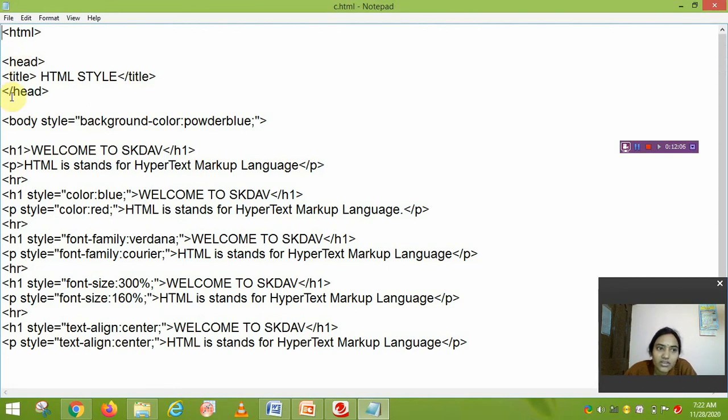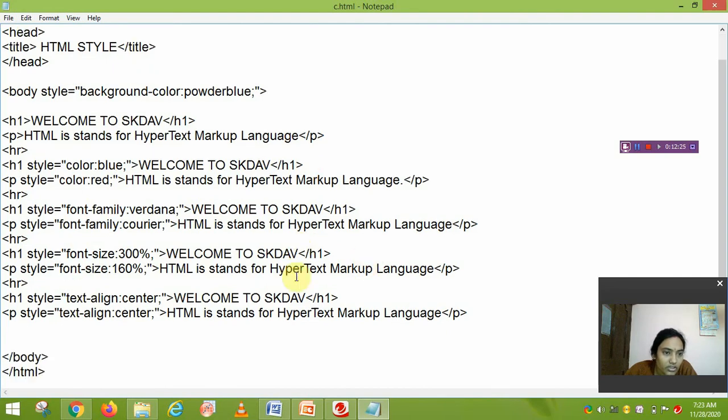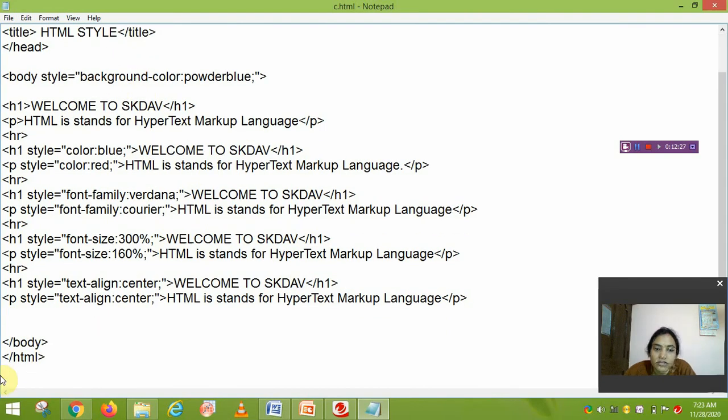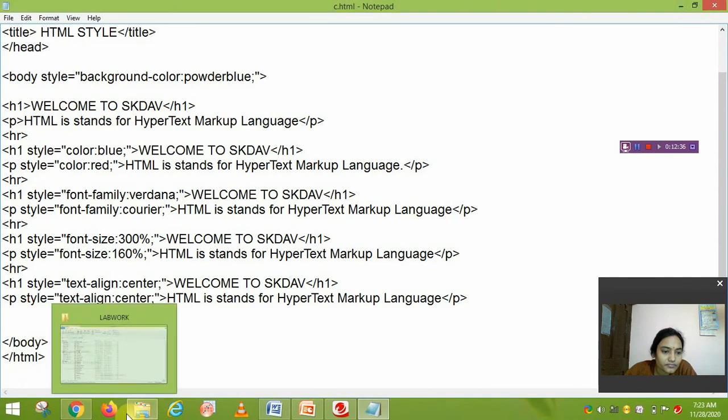HTML, then we write the heading and we set the title tag. Then body style, background color is powder blue. Here you can also change this. Okay. Then all these things whatever we discussed in the Word document, the program lab work, all these things we also write here. So let us see how the page looks, then we run the page to see how it looks.